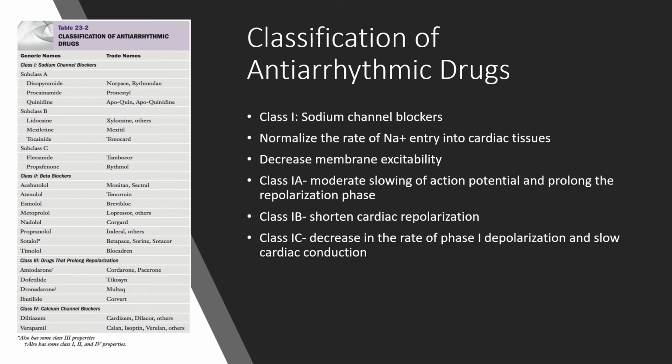The class 1B drugs, they shorten cardiac repolarization, and therefore they effectively decrease the effective refractory period. And then the class 1C drugs decrease the rate of the phase 0 depolarization and slow cardiac conduction. So I do want you to know what differentiates class 1A from B and C, and definitely know for class A, I definitely want you to know